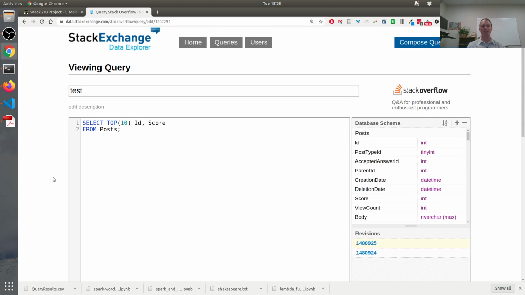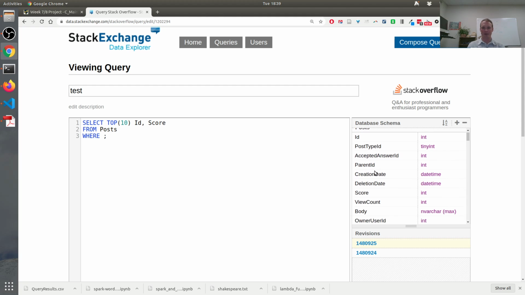Some other things you might want to consider when you're running the project are problem data like missing data. So there might be empty columns or empty values in some of these rows. So you might want to use some sort of where statement to filter out null or empty results from certain columns. And so you can either use top, or you could also use something like a date filter on the post date,